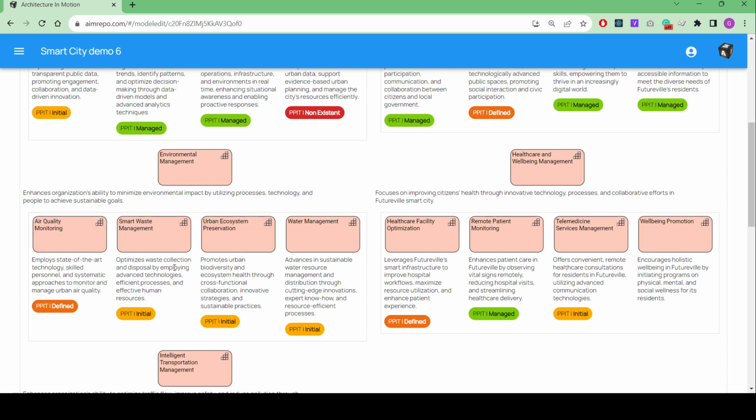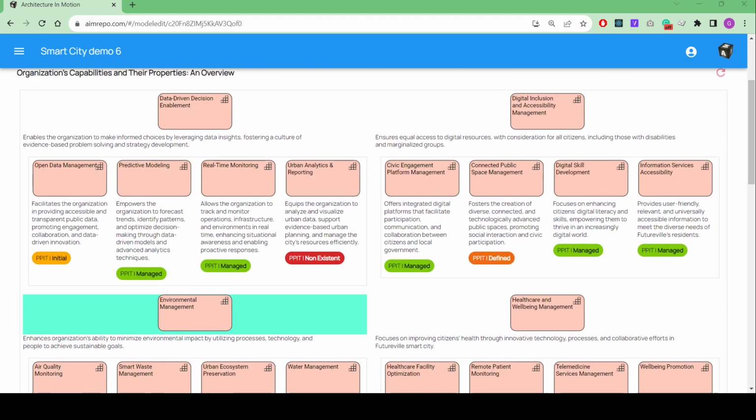You would normally do this for the whole view so that OpenAI can look at, say, all the capabilities and give you a balanced response. We're going to get a lopsided response if we just generate properties for these elements, but that's fine for this demo. So I have a prompt prepared, and we're going to do context sensitive tagging, so I've clicked this one